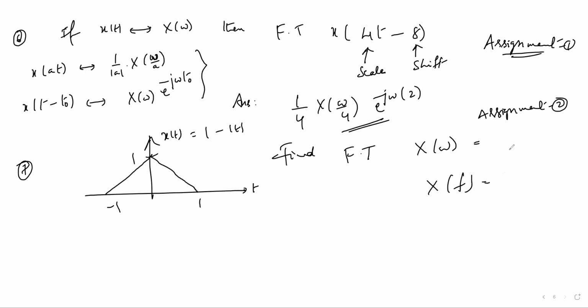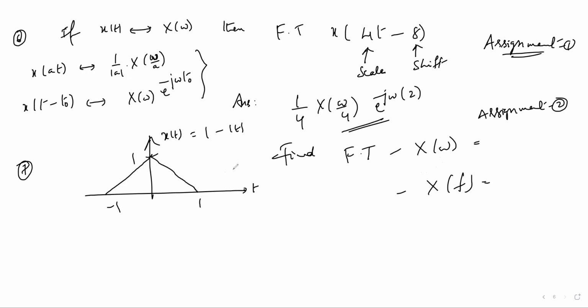I want to do one tomorrow, either this one or this one. In the next class, definitely I will do one. You try to do it yourself now, but I will do one for you. There are some textbooks going in a very complex manner. So in simplified form, I will do one, x of omega or x of f, in the next class for this triangular signal Fourier transform.